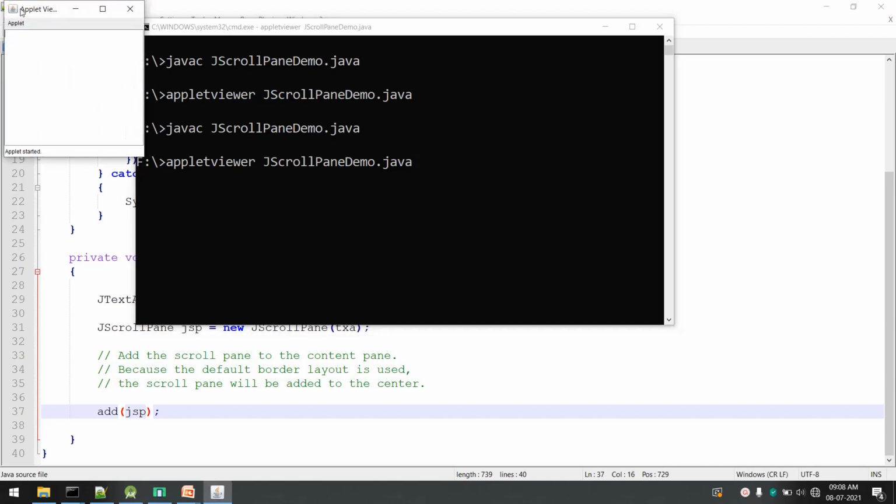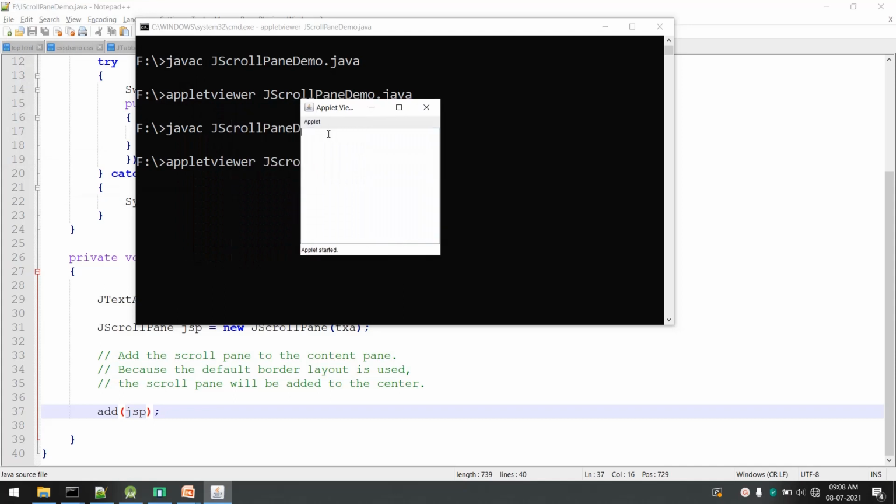Okay, now you can see again we have a text area, and now I am entering the text. Still there are no scroll bars, but when it exceeds the boundary, automatically a scroll bar will appear. You can see there is a scroll bar using which you can scroll the text. Again vertically also, if it exceeds, again a vertical scroll bar will appear. So like this we can add a scroll bar or a scroll pane to our component by using the JScrollPane class. The scroll bars can be added to any component required in the GUI.